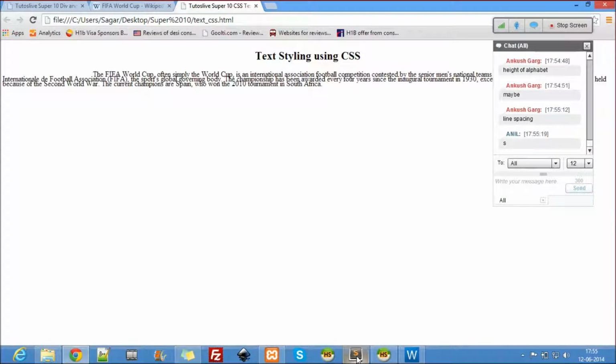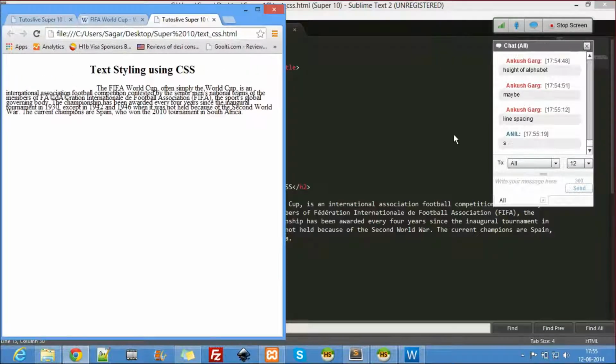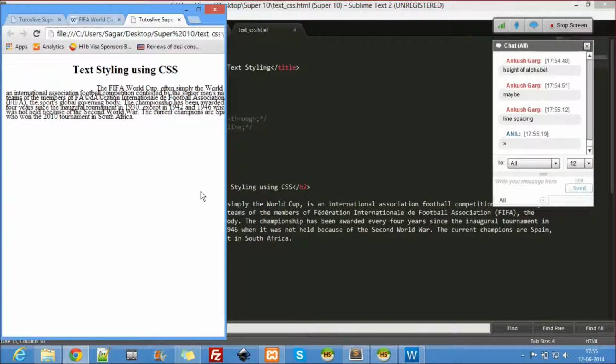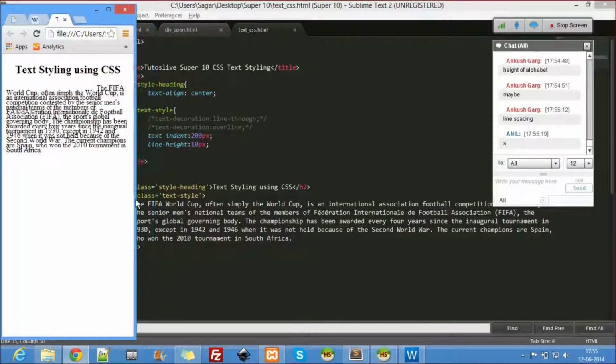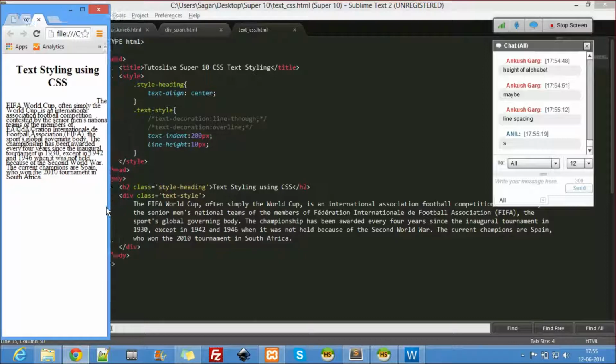Okay, so this is 10 pixels. When you're designing for mobiles, you'll be using the line height. I'll show you what really happens for mobiles. With a mobile device, it becomes hard to read, right?